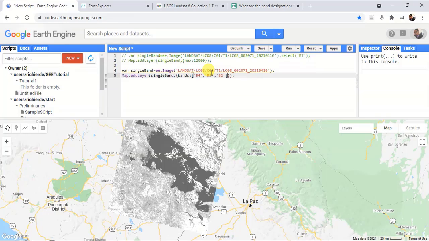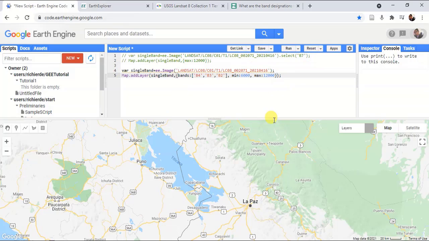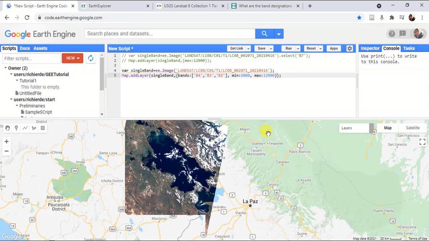And we need to give the maximum and minimum values also. Let's run the program again. So now you can see that we have imported the image based on the scene ID that we received from